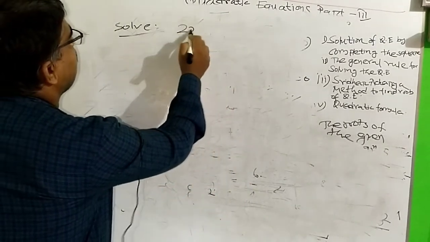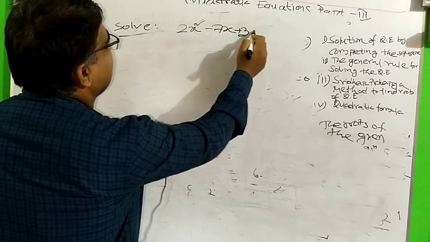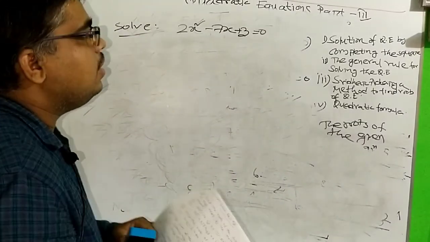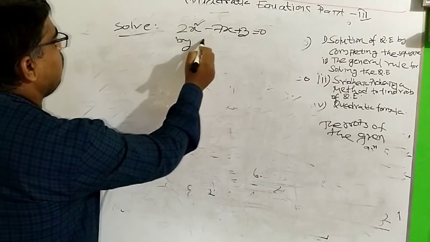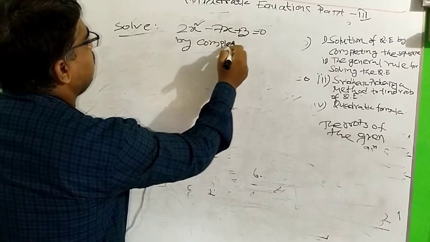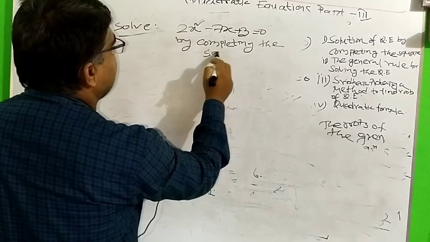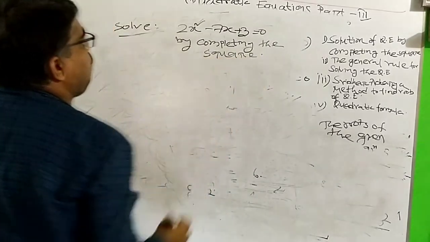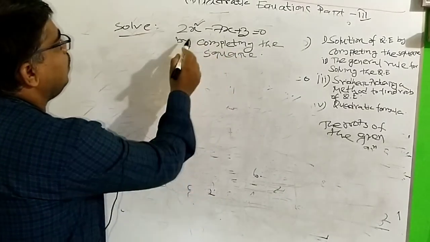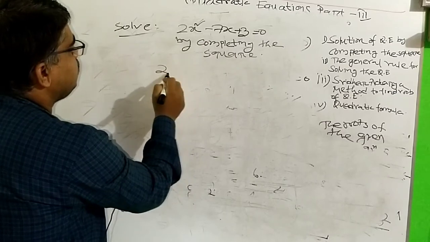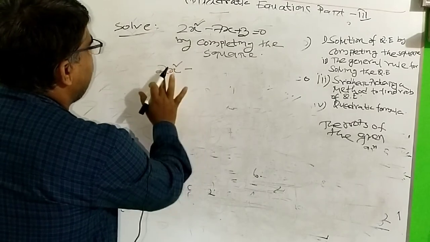Solve 2x square minus 7x plus 3 equal to 0 by completing the square. We get 2x square minus, we divide